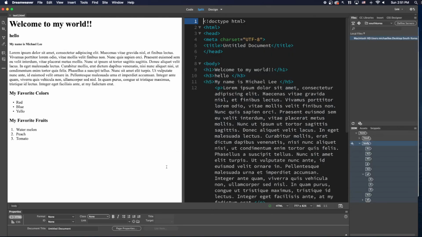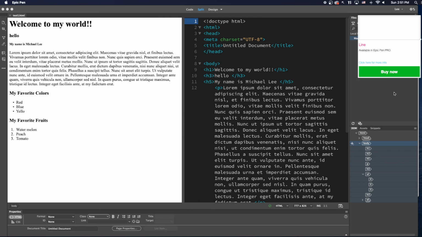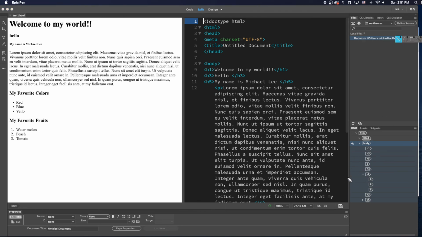Because in Dreamweaver, there is a way that you can see it as the browser does. The problem is, the design view is what you see when you open this HTML in the browser. It looks like this, right? It's like a simulation of how this document will look on the browser side, but it's not perfect. So I want you to pay attention to the small little icon for the preview in the bottom right corner. If you click on it,